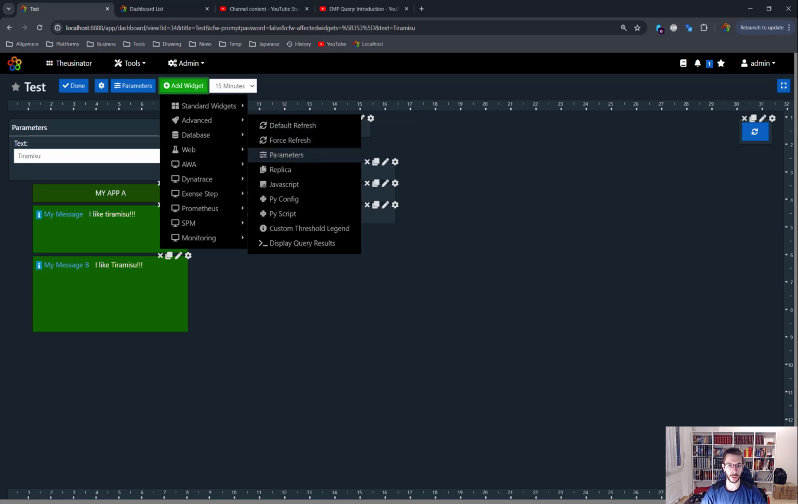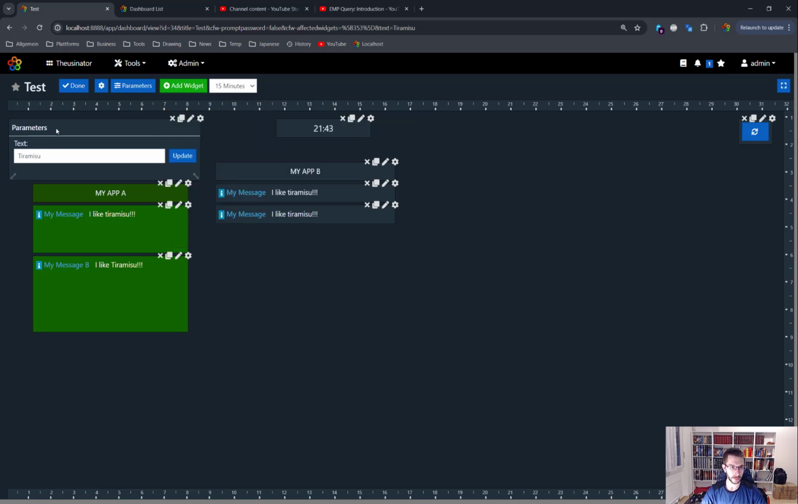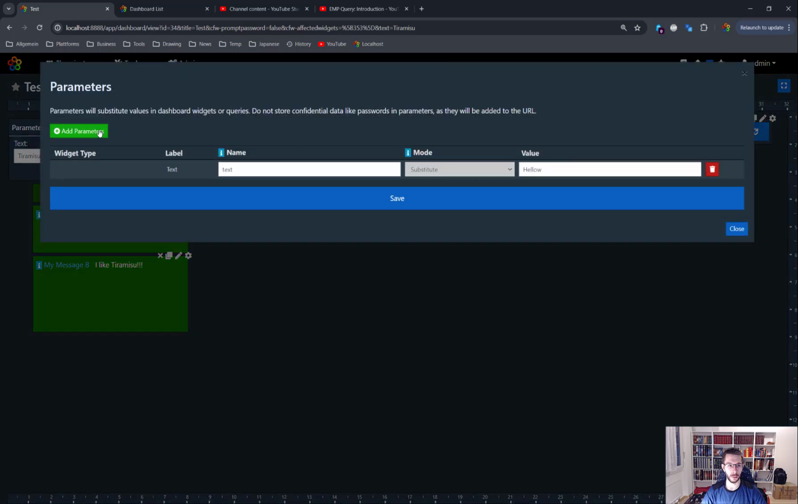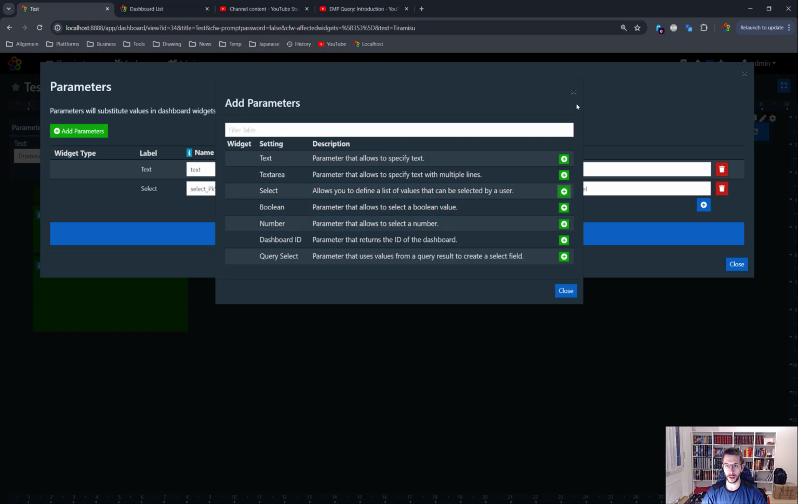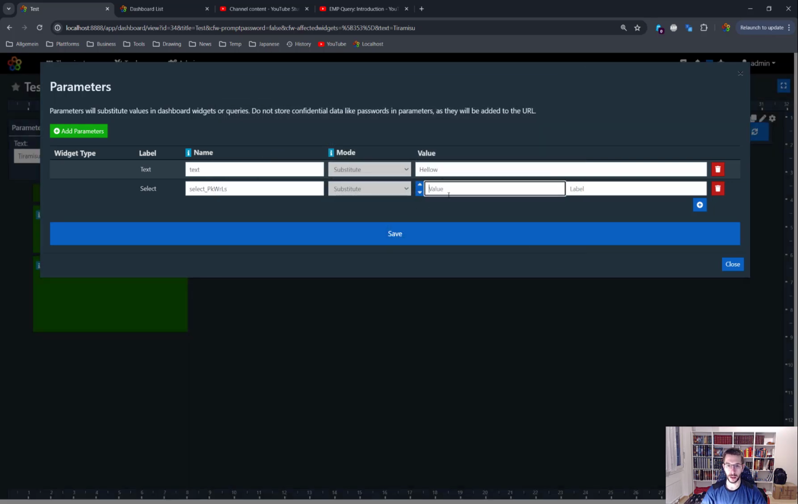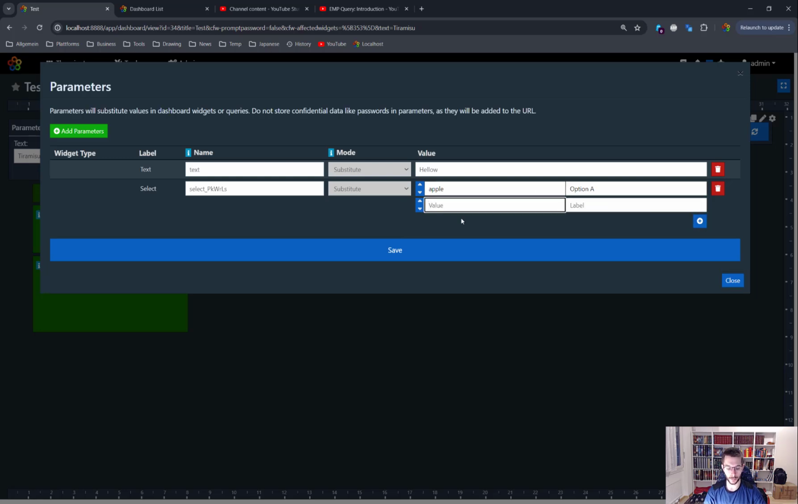Good, so we have the parameter widget. As we already saw here, we can add parameters to the dashboard. Let's add another one just for fun. So we can define a select. For example, we can define a value, let's say Apple for option A, Orange for option B,